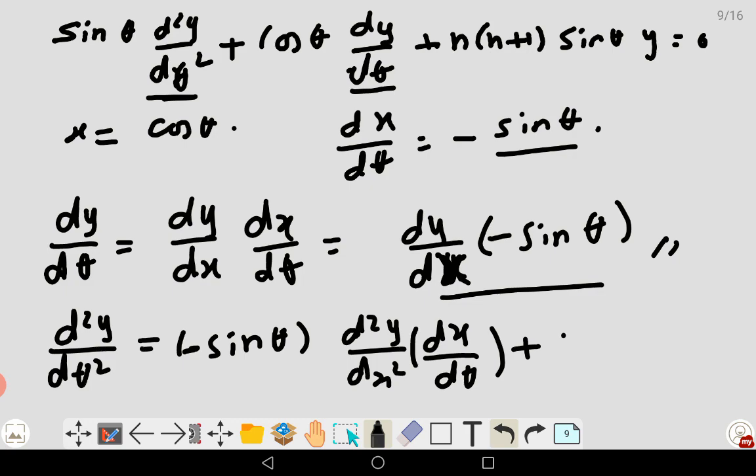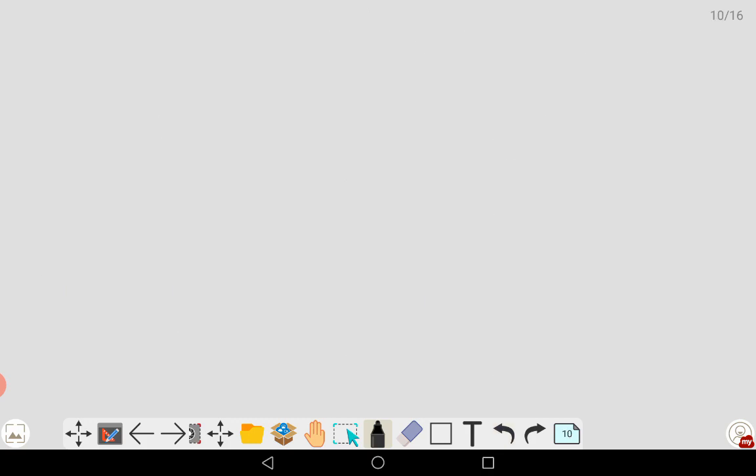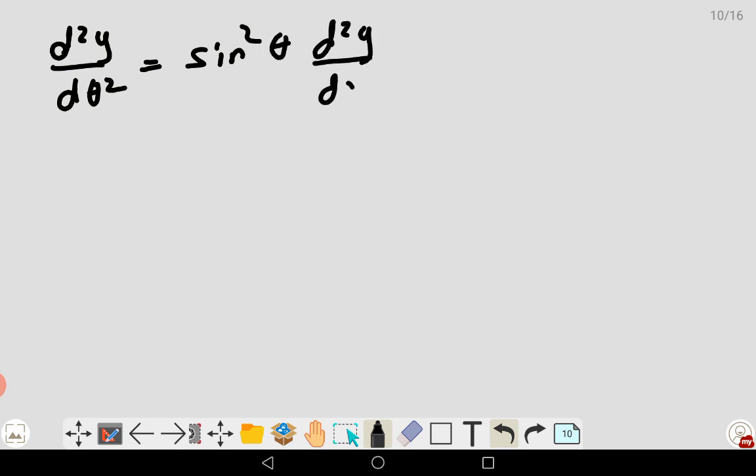Next, plus keep dy by dx. Differentiate sine theta, we get minus cosine theta. Again dx by dθ should be used here, which is negative sine theta. Again negative sine theta will be sine square theta. So what you get in the next page is d square y by d theta square is sine square theta d square y by dx square minus cosine theta